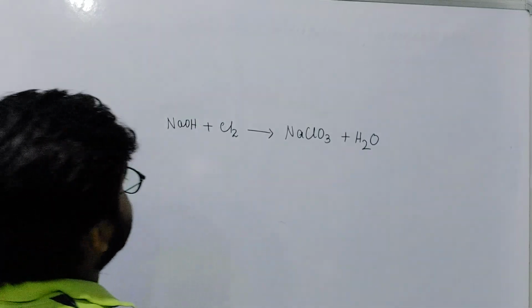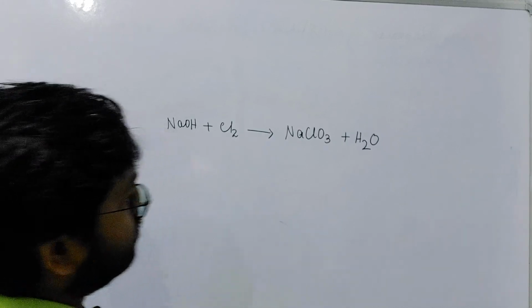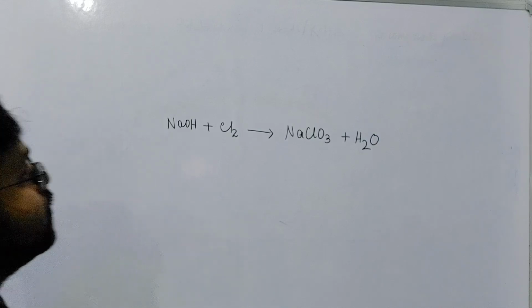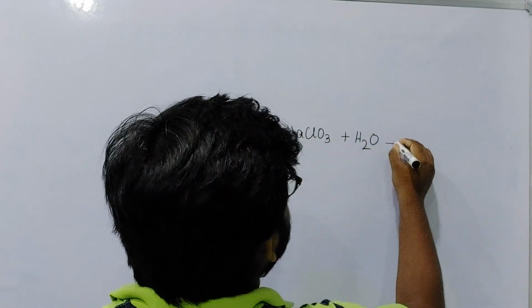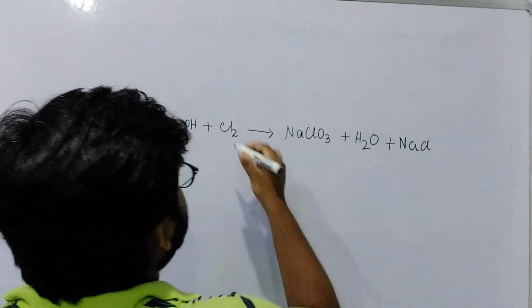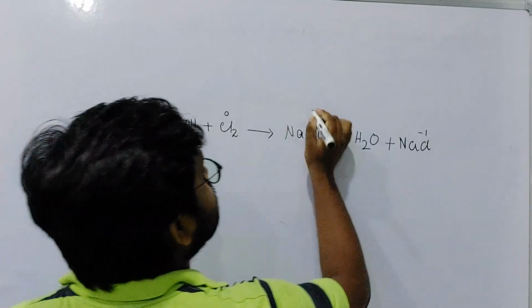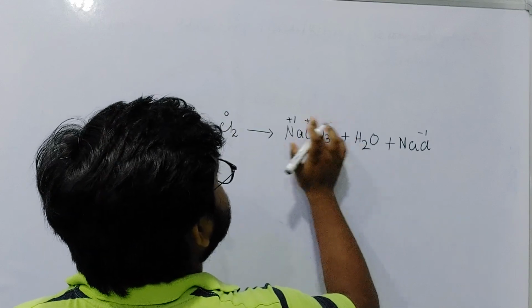It is quite easy. Very frankly speaking, what are the changes that are happening in this chemical reaction? One thing I have forgotten. There will be NaCl plus NaClO3 plus H2. So let's write the NaCl over here. First of all, the Cl is 0, here the Cl is minus 1, and here the chlorine is plus 1, it is minus 6, so obviously it is plus 5 to balance this.